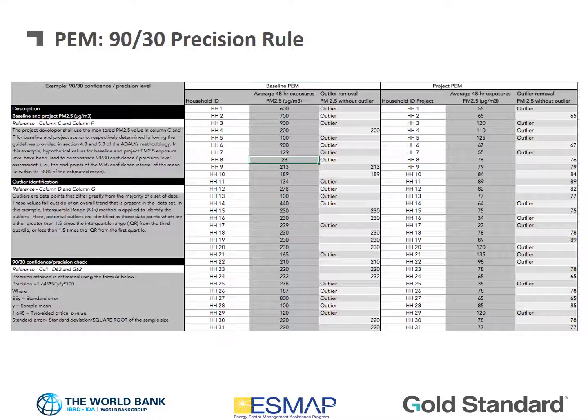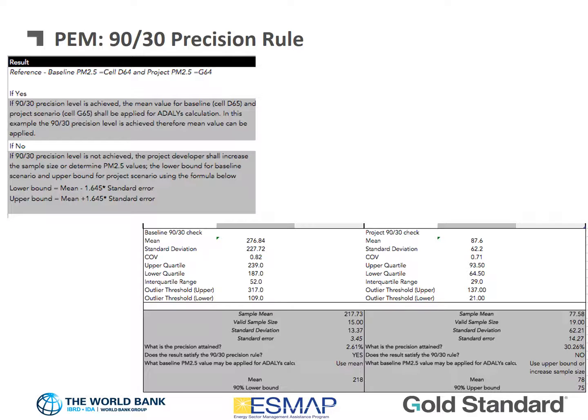Here's a quick look at the worksheets I mentioned before. It allows us to copy and paste in our 48-hour exposures, our 24-hour average exposure to PM 2.5 for our baseline and project scenarios. And then it gives us this output that gives us the mean, standard deviation, coefficient of variability, upper and lower quartiles, interquartile range, outlier thresholds, and then finally it gives us